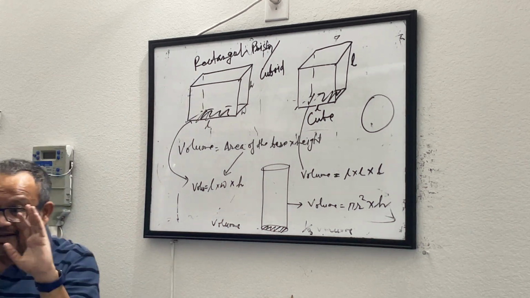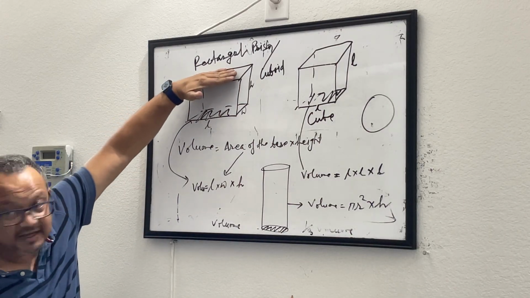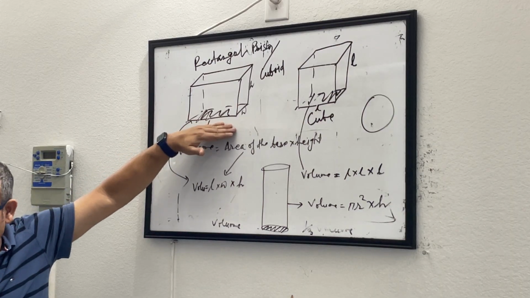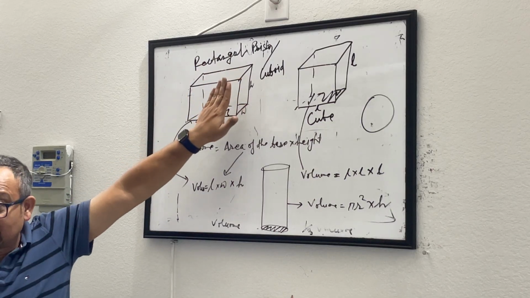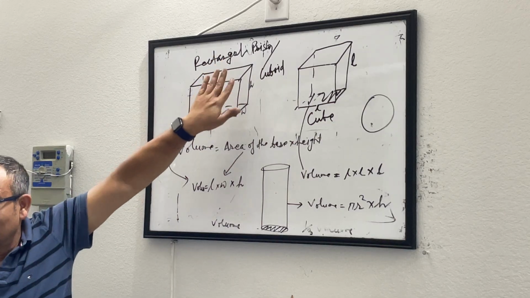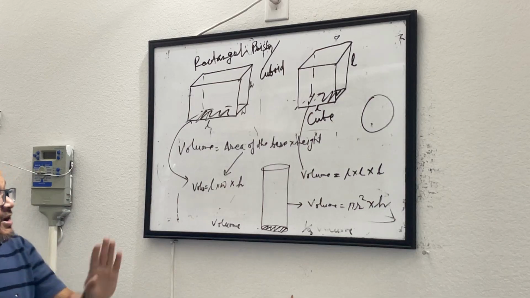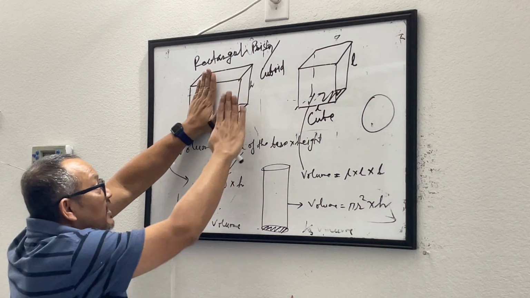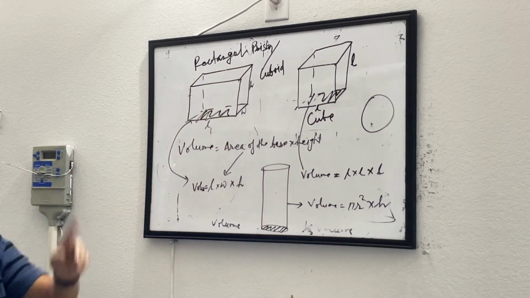Let's look at an even simpler way. What do you see? The top area and the bottom area are the same. So I have a pair of same area. This side and this side are also the same. This is a second pair of same area. The front and the back are the same. This is a third pair of same area. So your goal would be: find out this one, multiply by 2, find out this one, multiply by 2, find out this one, multiply by 2. So what you have is